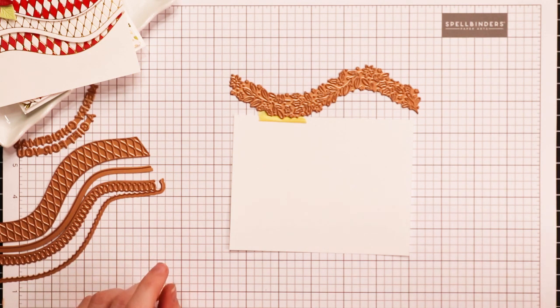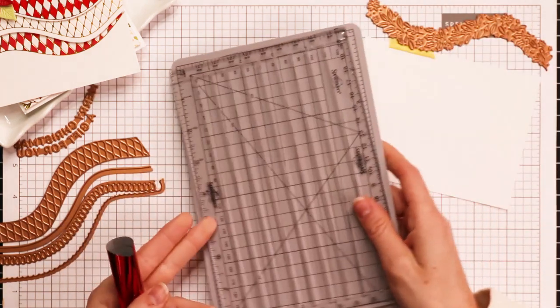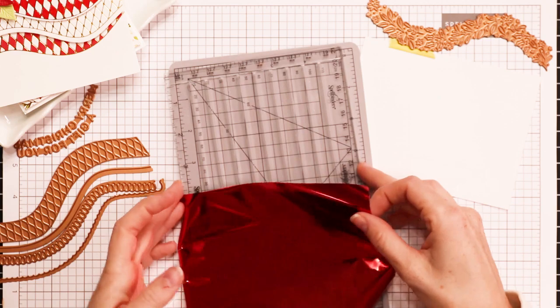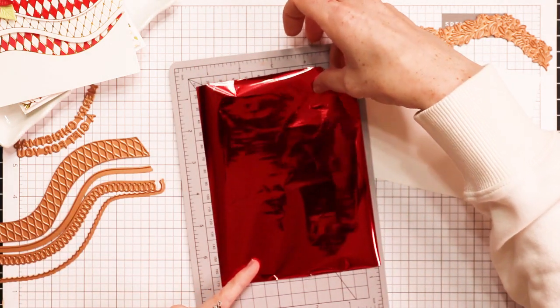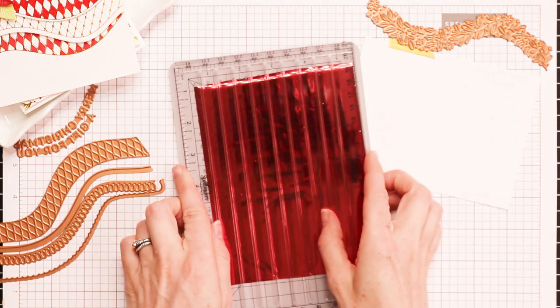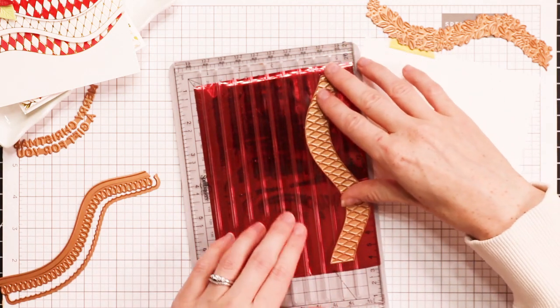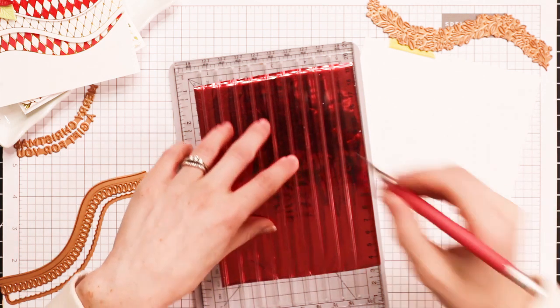I actually have this handy dandy foil cutting tool or cutting mat from Spellbinders. I'm going to add this right here. It holds your foil down flat so that you can give it a straight cut and cut it to just the size you need. Now you want to kind of eyeball this here. I think I'm going to cut it right about this line, so that I have enough to cover my